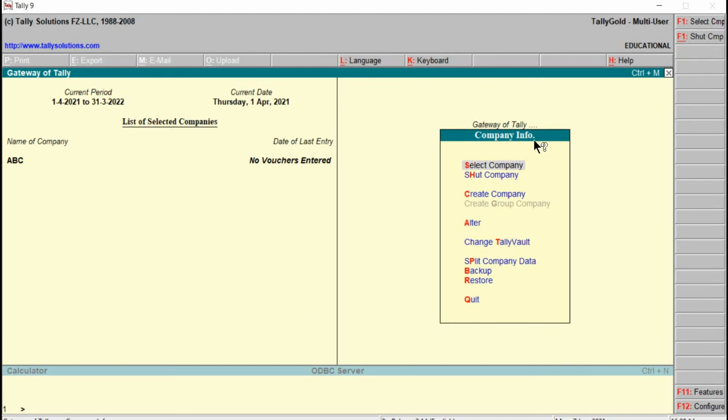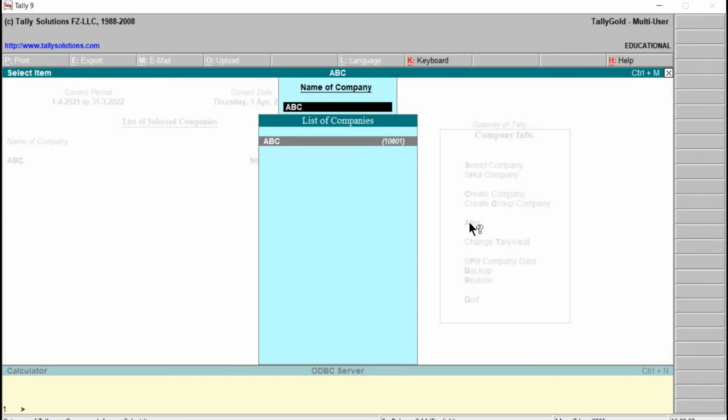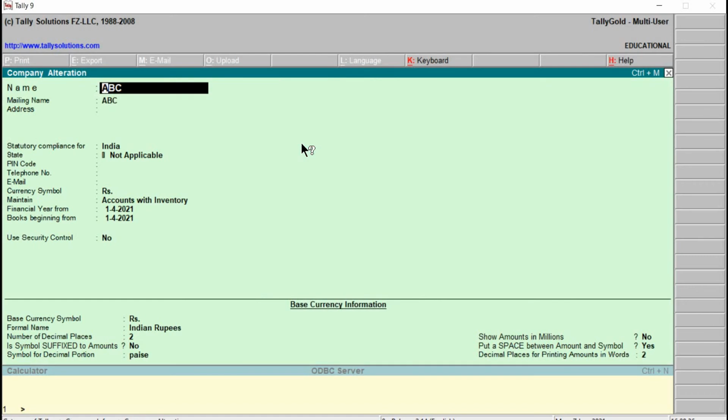This will take us to the company info menu, and here comes the option alter. We can see the letter A is in red color. Just click on this one. Here we can see the list of companies. Then select ABC. Here we can see the company alteration screen or window is opened.